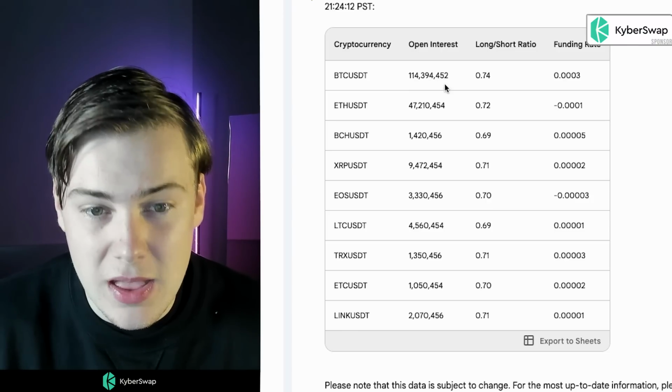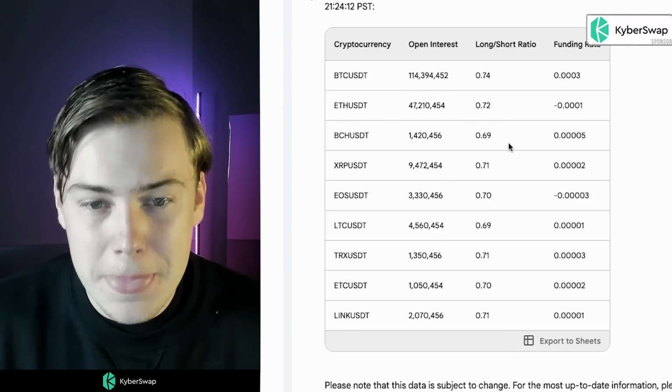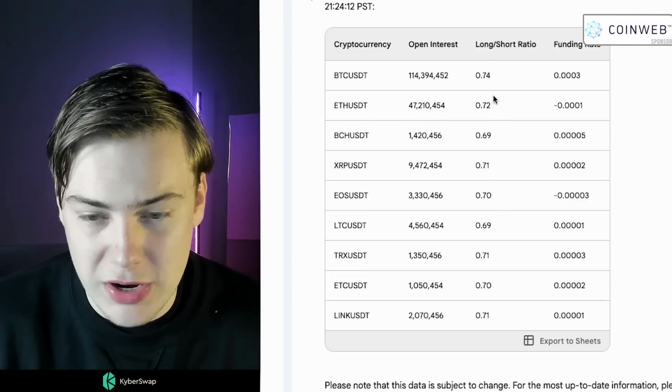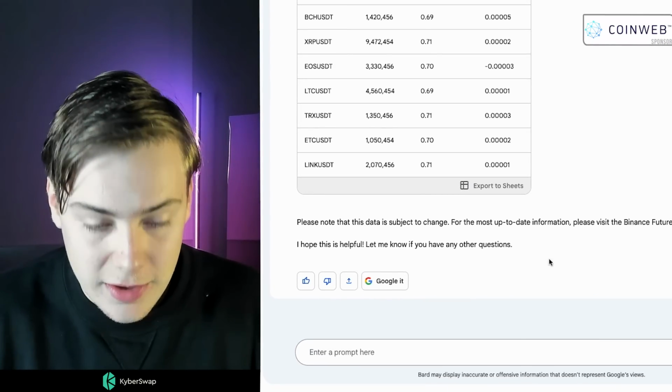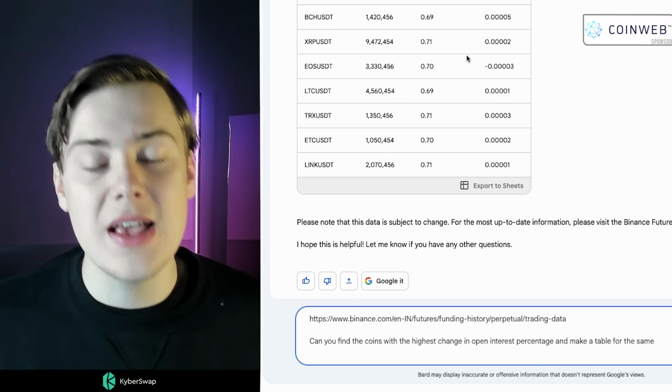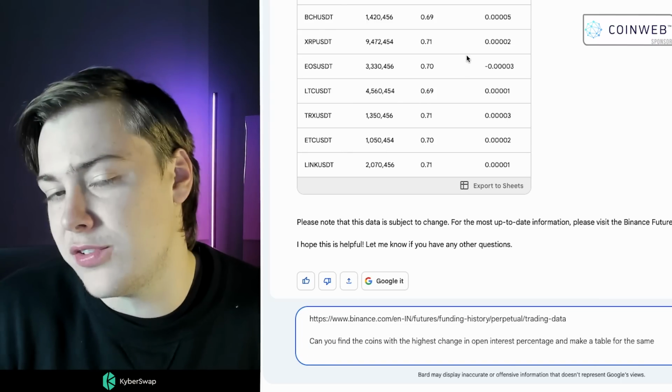Obviously, Bitcoin being the first one, Ethereum being the next one, Bitcoin Cash, and then XRP. And it's also giving us the long short ratio as well. What I want to ask it next is, now that we have the data, I want to follow up with a prompt that asks it to find the percentage change, because this is really the powerful data when we're trading,